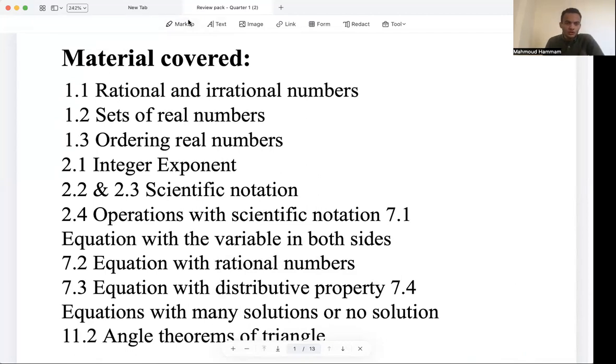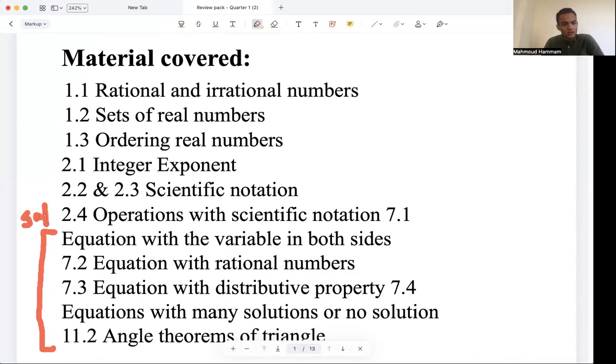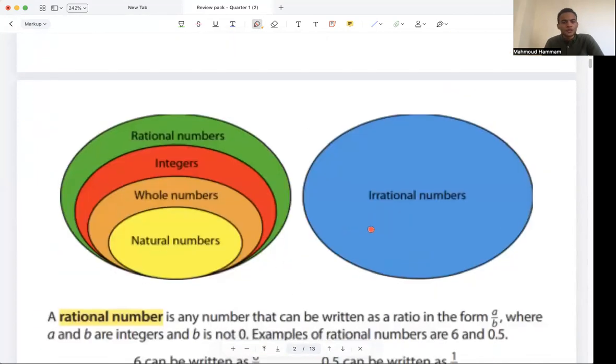So our plan is to take today this part, starting from equations, 7.1 equations until 11.2. This we'll take on Saturday today. And the second part from 1.1 until 2.4 is on Sunday, inshallah, before the exam. Fine. So